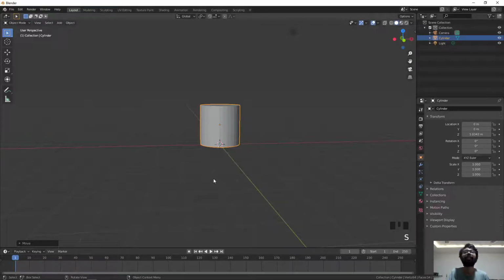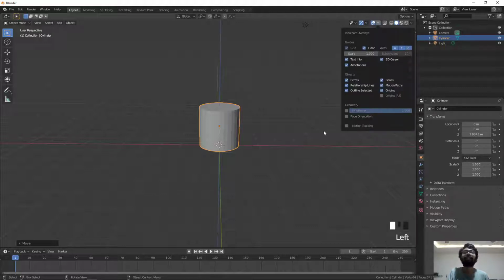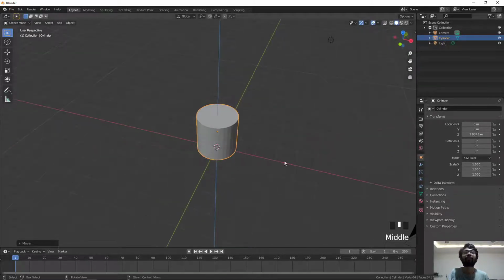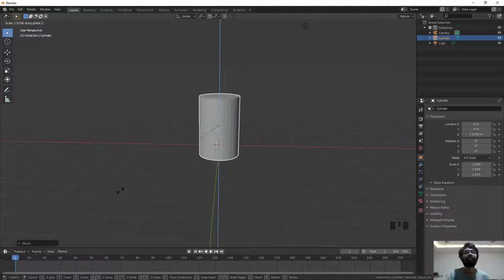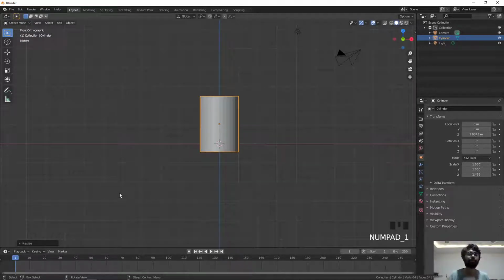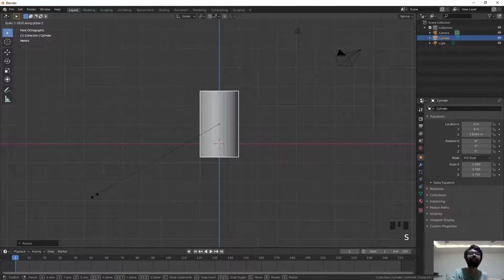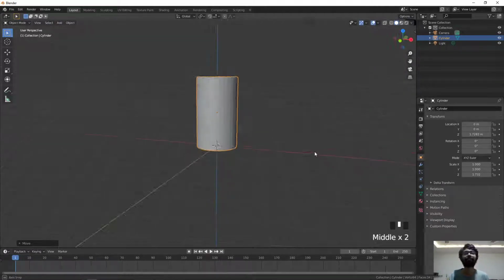So to make it taller, we have to scale it on the Z axis. This is the Y axis, this is the X axis, and the vertical one is the Z axis, which is shown here. Okay, so I'll scale my object on the Z axis. So I'll press S and then Z, and then scale my object a little bit to just fit my shooting. This one is good. So then I'll move my object by G Z up a little bit.